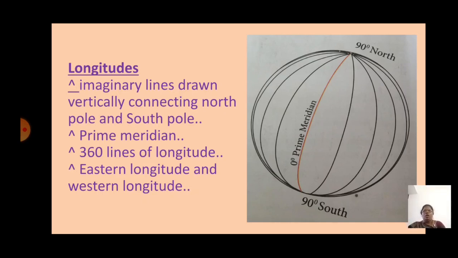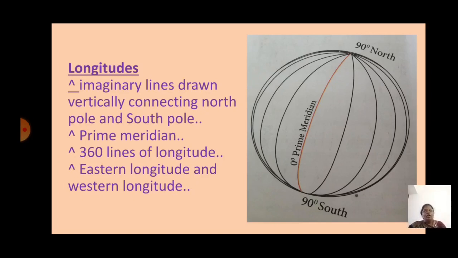And now, as I told you already, we have Tamil names also for all the latitude lines. Latitude means Agalanga, longitude means Nettanga, equator means Nila Naduvarai, Tropic of Cancer means Kadagavarai, and Tropic of Capricorn means Magaravarai. And next is about the longitudes, the imaginary lines drawn vertically,